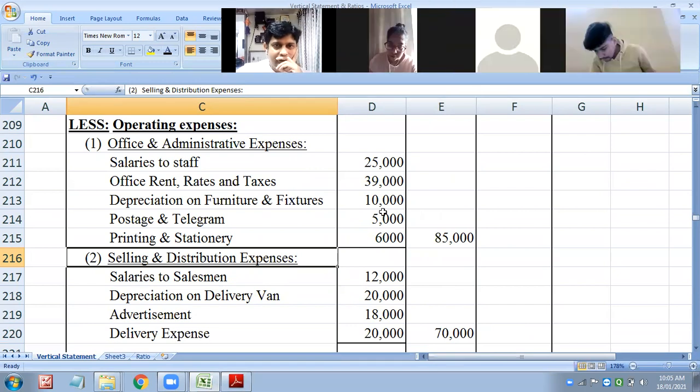Relating to the previous doubt about the quality control cost and research and development cost. In the cost sheet, after the works or factory cost, you add research and development and quality control cost along with the administrative overheads relating to production activities. Then when you add the primary packaging cost, you get the cost of production. So why is it not... It ultimately gets absorbed in the cost of production.